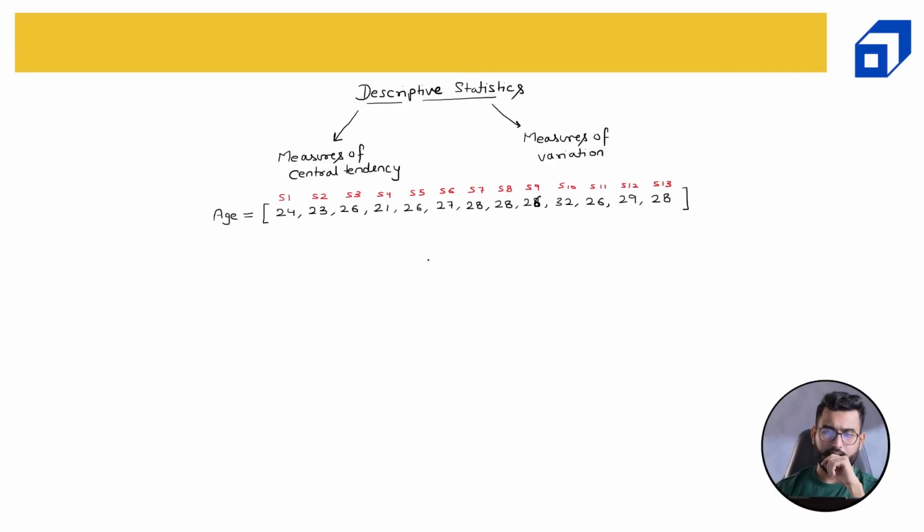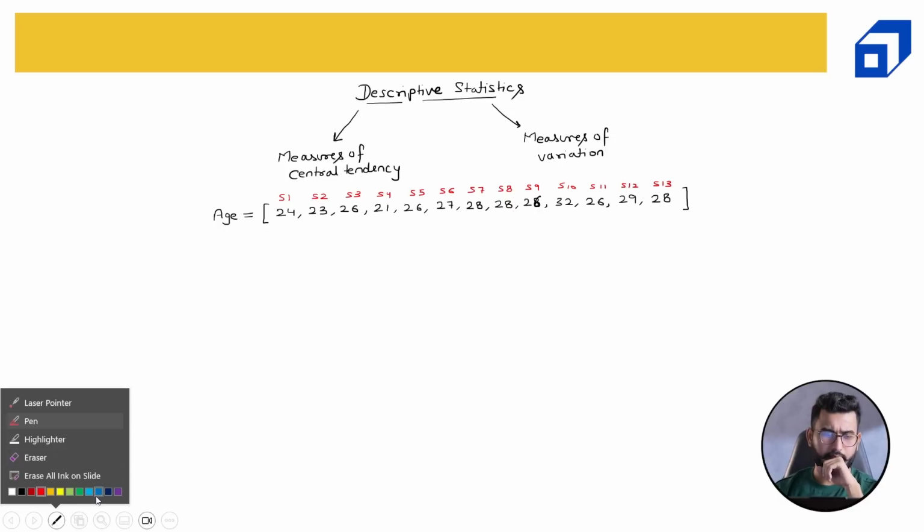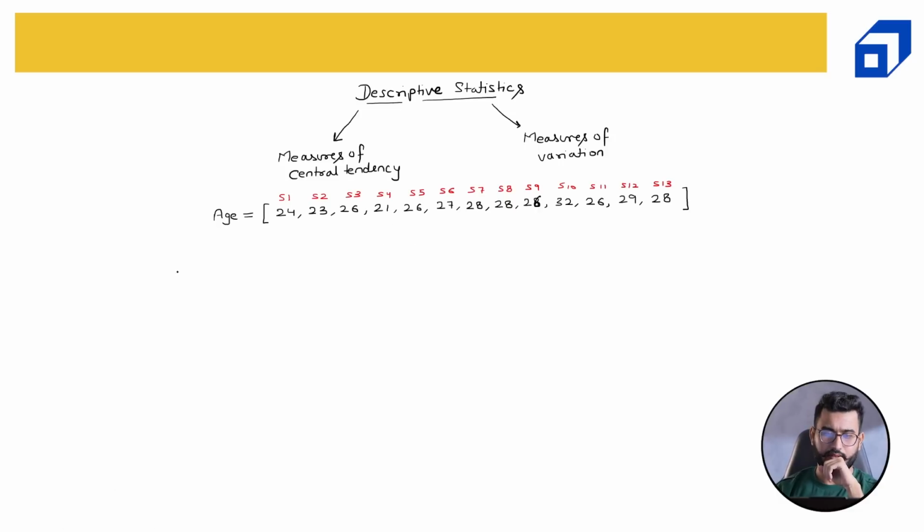In this particular data, the very first measure of central tendency is the mean or the average, and many of you would have used it already. So mean, or also known as the average. Now I hope you guys already know the formula. If you don't know, it is basically the sum of all the observations divided by the number of observations. Mathematically we can write it as